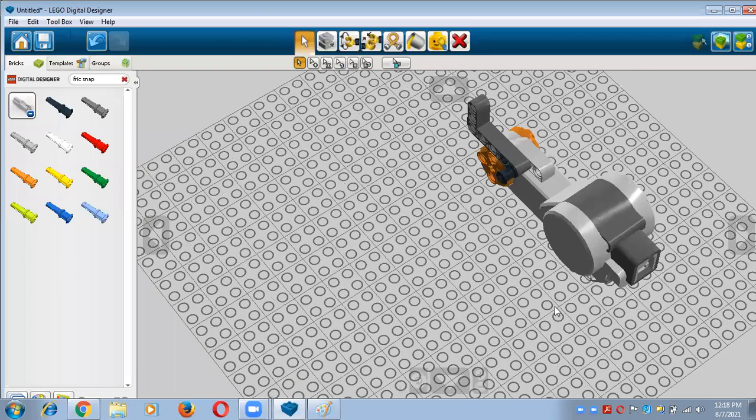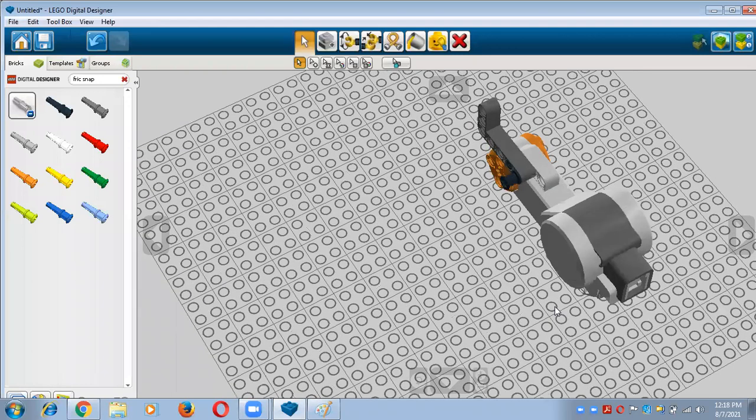Now I'm going to move on to the next step, and in the next step we need 3 parts. And what are the parts? Simply you need one sensor, one cross axle, and one Frick Snap again. So you know very well, you have already opened the Frick Snap folder. So you can take one more and put it on our work plane area.